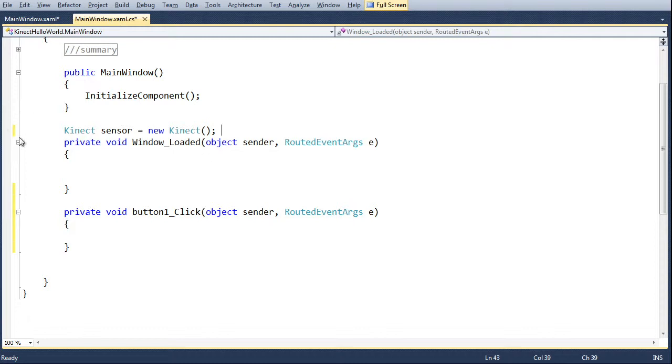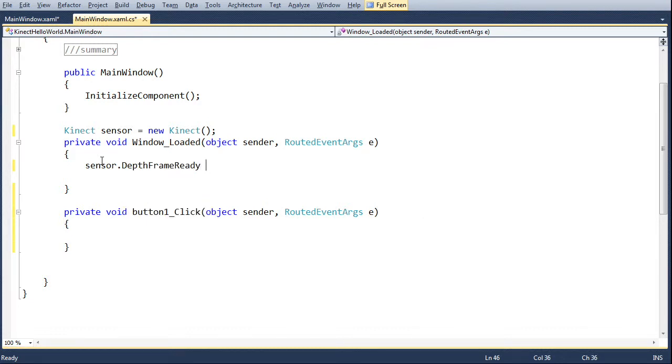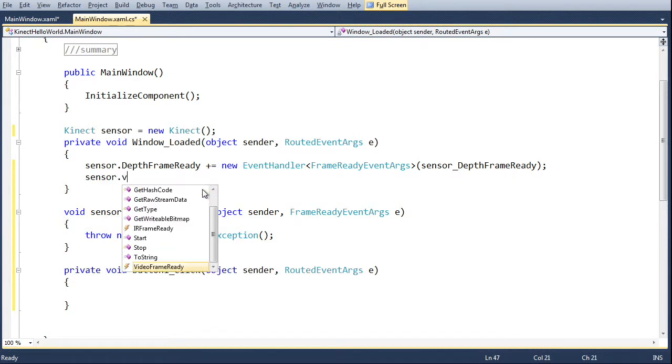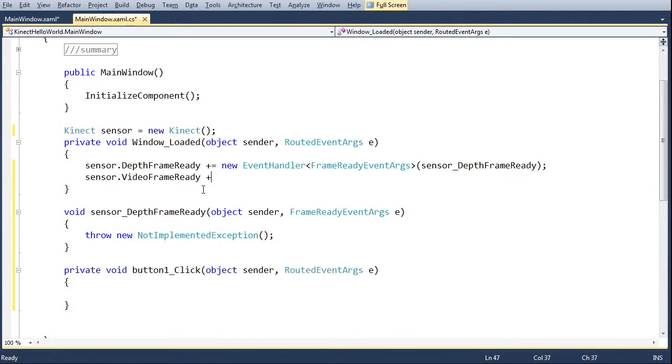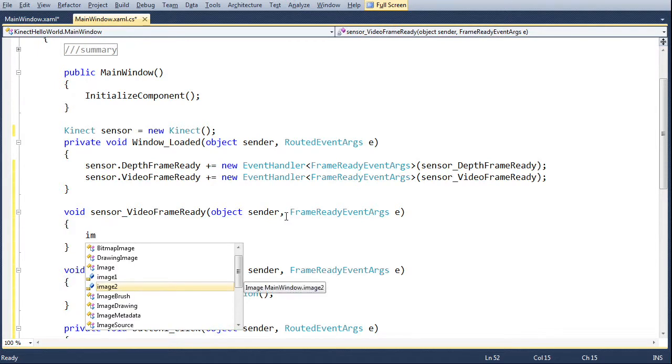OK. So what I'm going to do is subscribe to some of the events that the sensor has, and I'll start with the depth frame ready, and hit Tab and just have Visual Studio build out that event for me. And I'll subscribe also to the video frame ready. So what will happen is those events will fire when I'm getting a new frame, new information from the sensor. So for the first video frame, we're going to set that to that 640 by 480 image. So I'm just going to say image 1